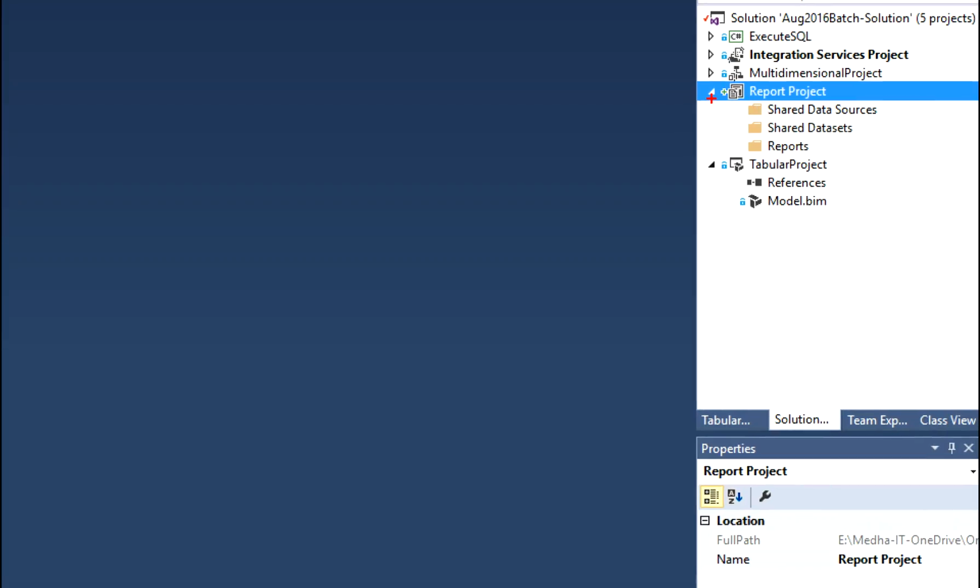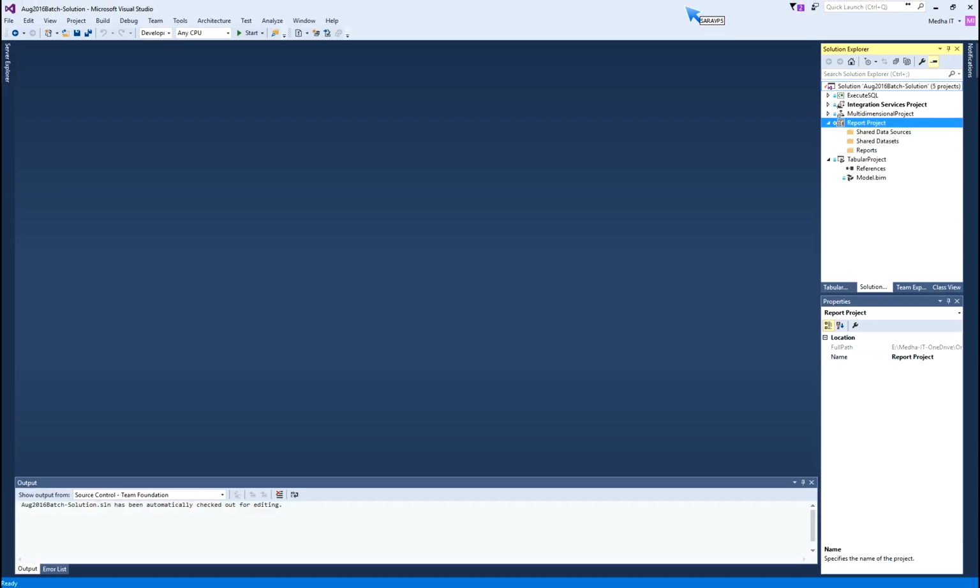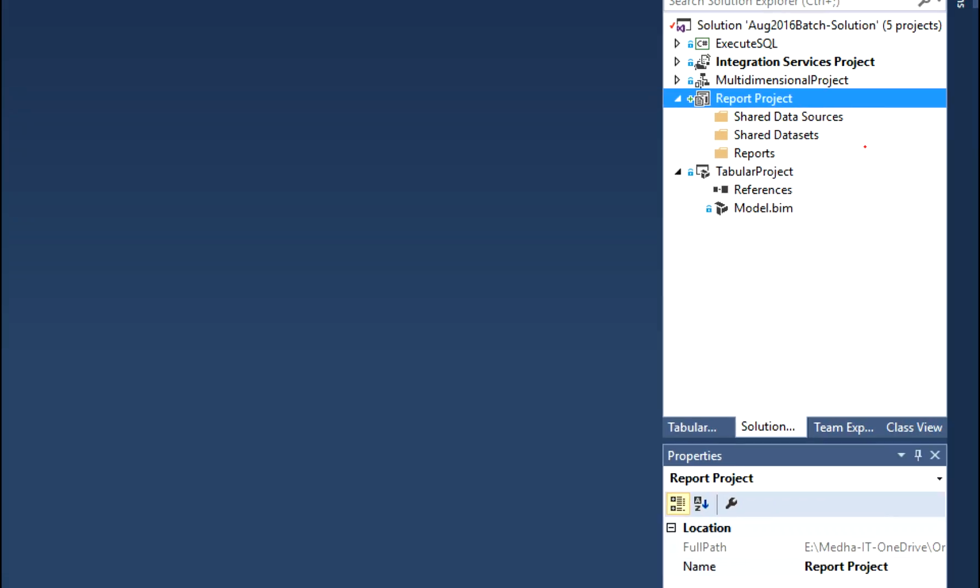If you look at this list, we see shared data sources. When it says shared data source, that means whatever data sources we are listing here can be shared across the reports and across the data sets.